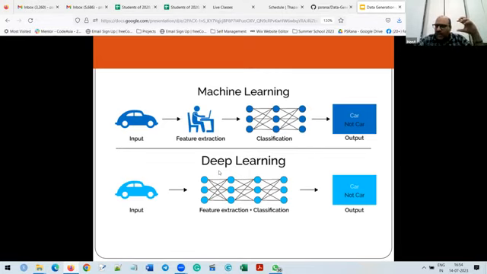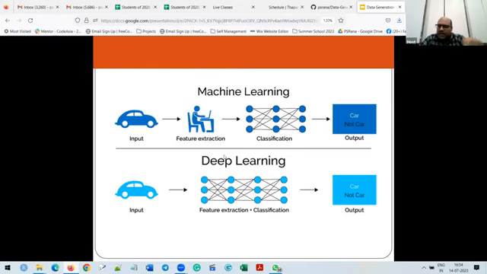It automatically finds the hidden patterns in the data sets and trains itself. The one other difference is that machine learning requires a small amount of computation, but deep learning requires huge computation. So if somebody asks you the difference, you can tell them: in machine learning we extract features manually, but in deep learning this is not needed, it does it automatically.